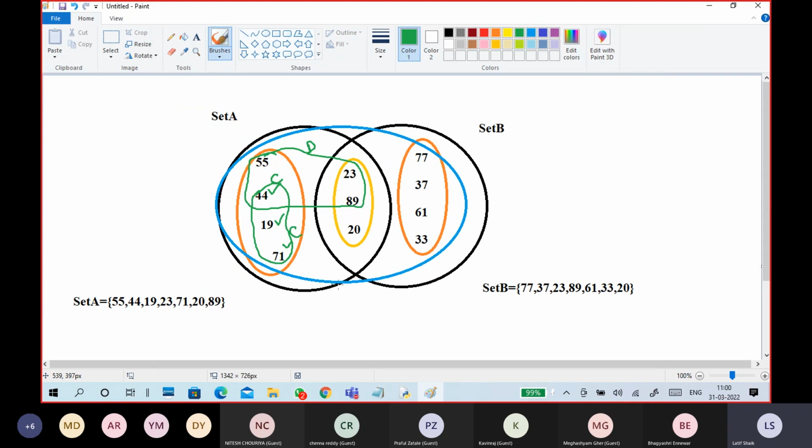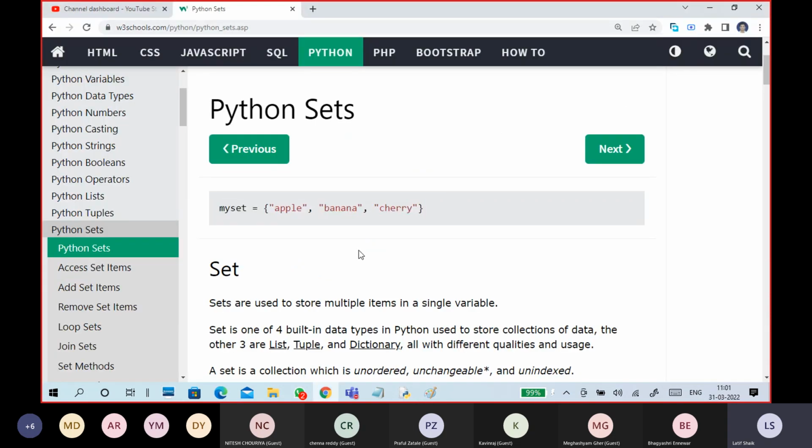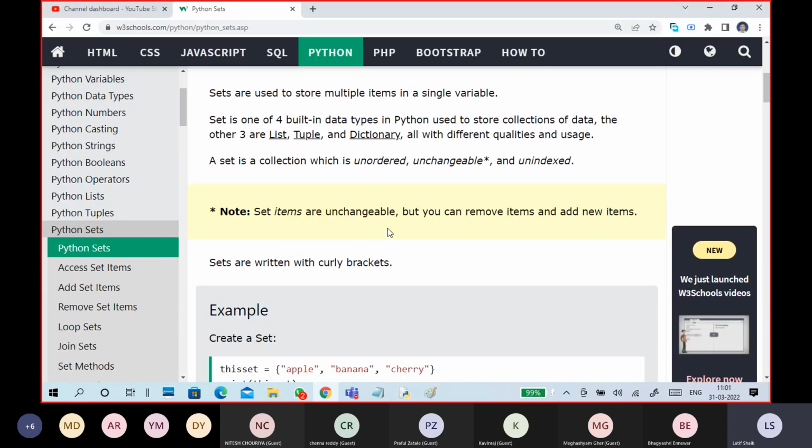Compulsory, take a paper and first create your own Venn diagram. Either direct integers or names, you can put it. Names also no problem. Make sure that some common data must be there. Then you can start writing which set each belongs to. Write down the complete sets, set A, set B. Then try to implement it. Then you will understand, guys. So that is list, tuple, set.